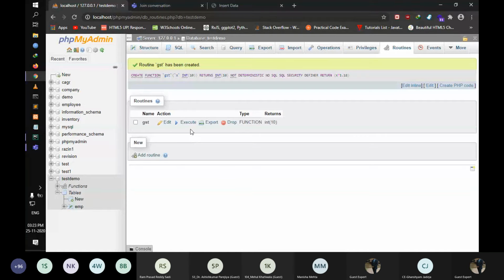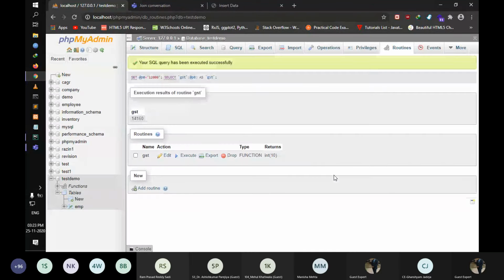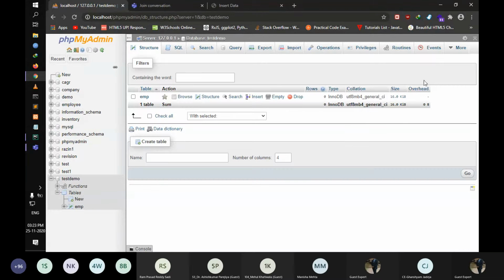Execute it first of all. Write down 5,000. So we just created a function for GST.